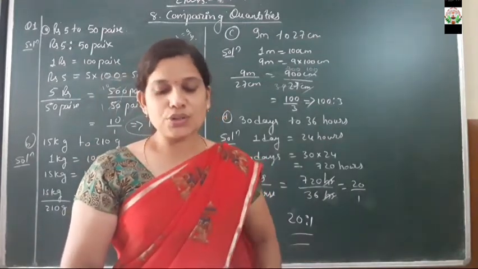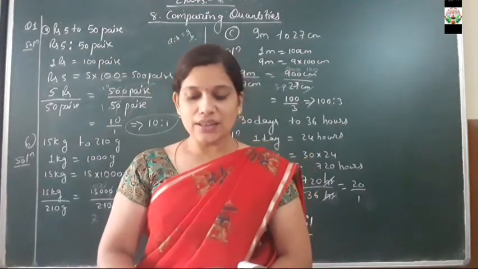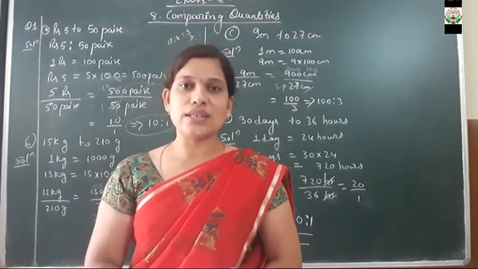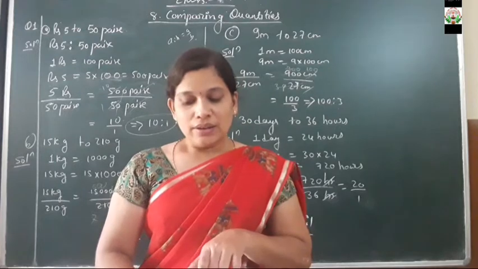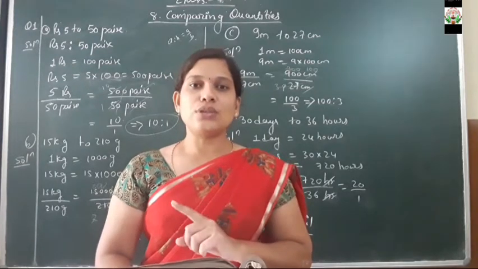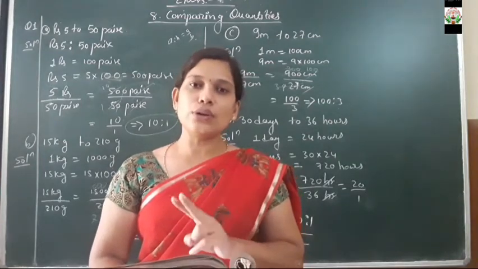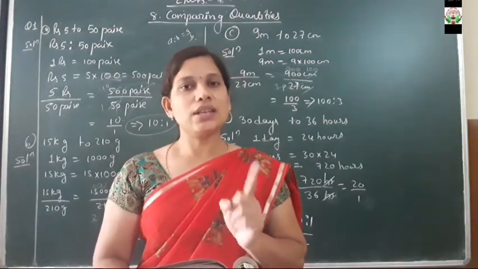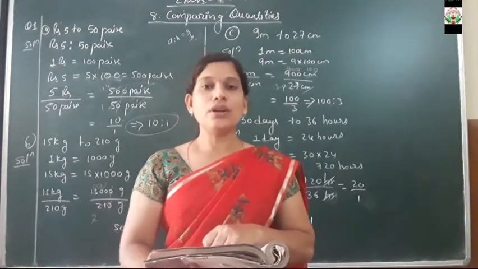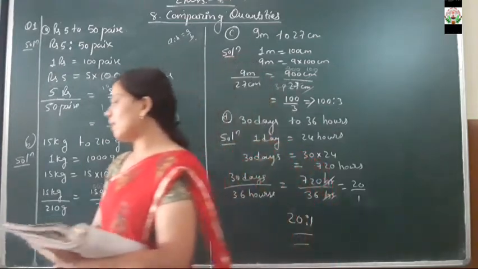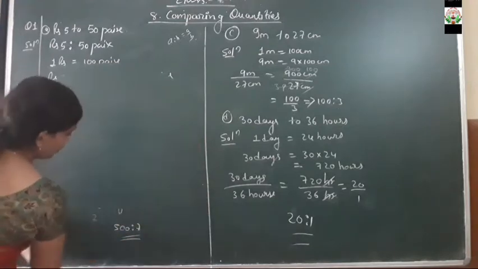Now moving toward question number 2. What does question number 2 say? In a computer lab, there are 3 computers for every 6 students. In a computer lab means only one computer lab is there, and 3 computers for every 6 students. If total students is 6, then 2 students are going to sit at one computer. Then only 3 computers are available for 6 students. How many computers will be needed for 24 students? So here we have to find how many computers are needed for 24 students. Now look how to solve this question.